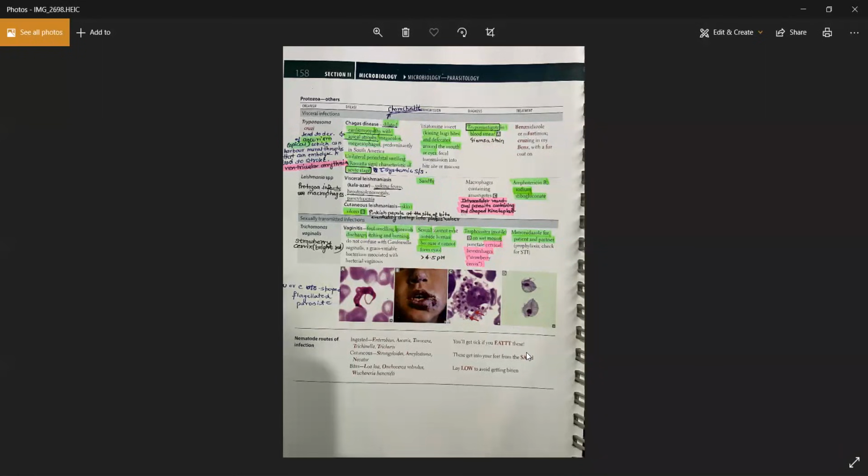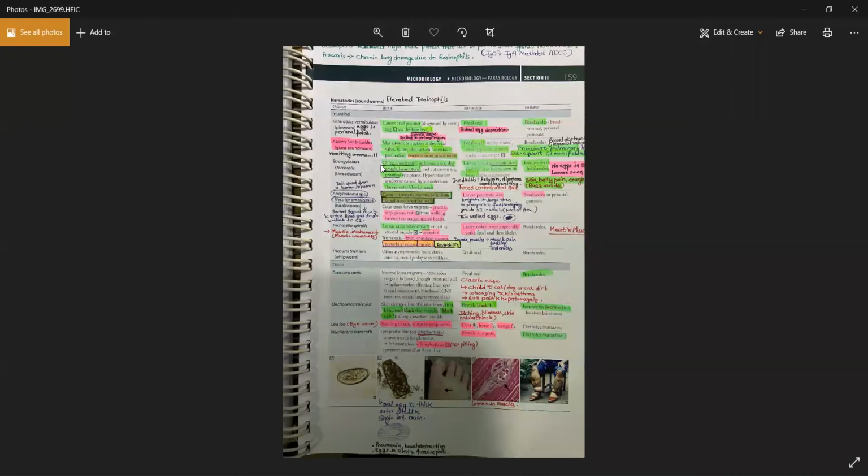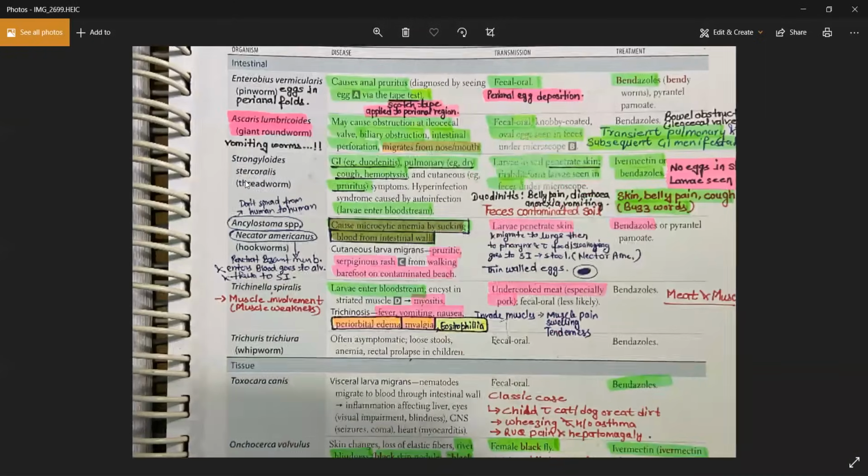Okay, so first is the Strongyloides stercoralis, and they basically penetrate your skin, enter there, and then migrate through your skin and enter the bloodstream. Okay, so they can penetrate your skin. Okay, so how will you acquire the infection? By walking barefoot on the sand which is infected with human feces. Okay, so if you came into contact with the sand which is infected with human feces, just by walking or by touching it,